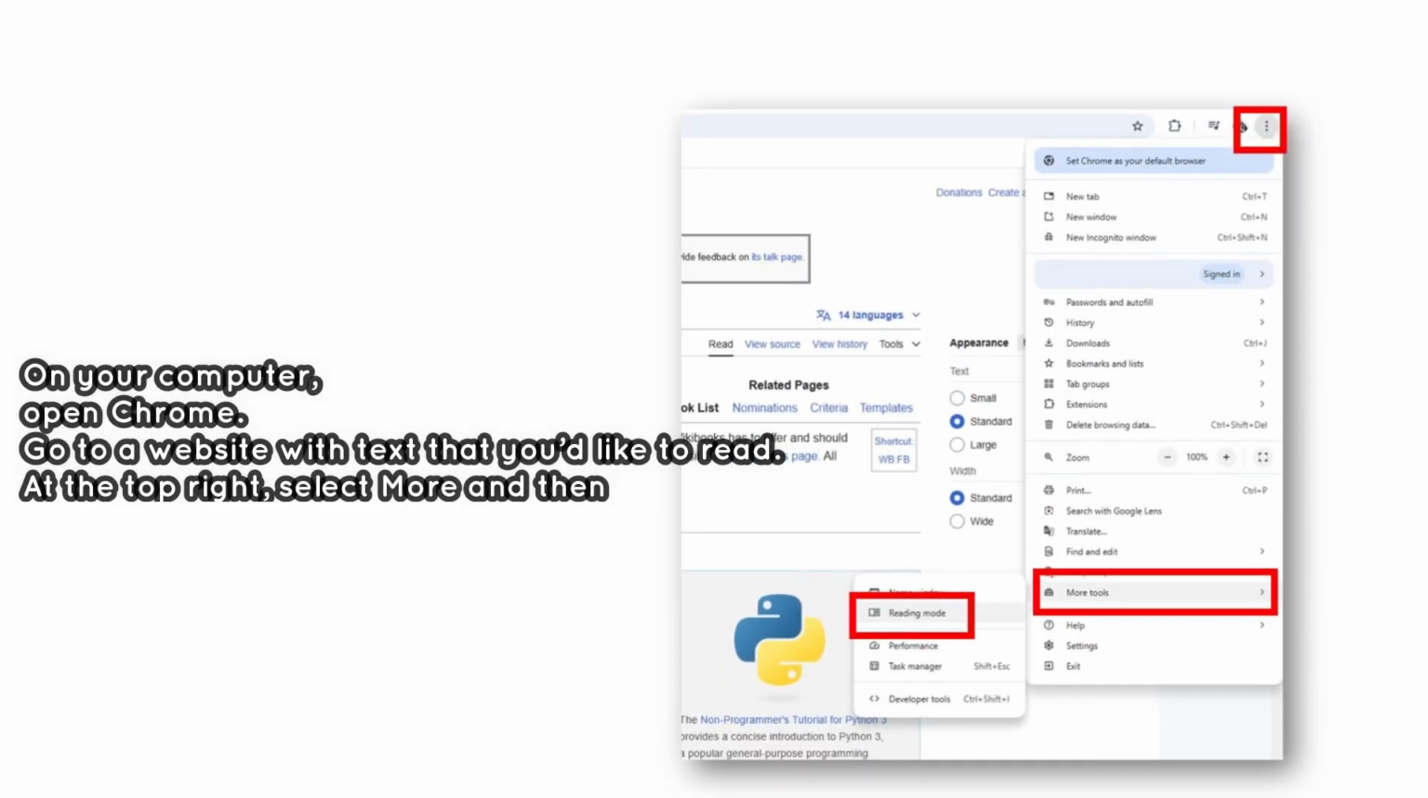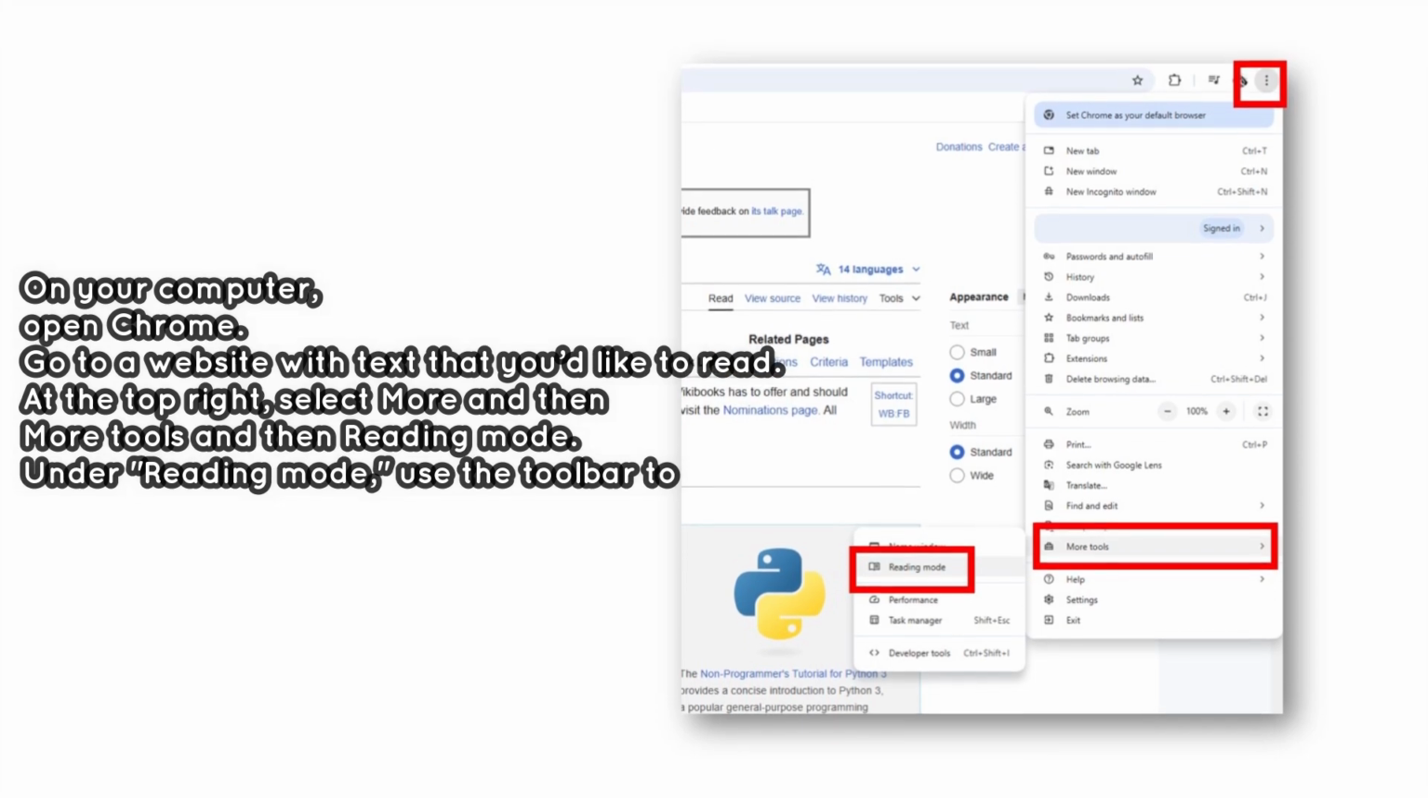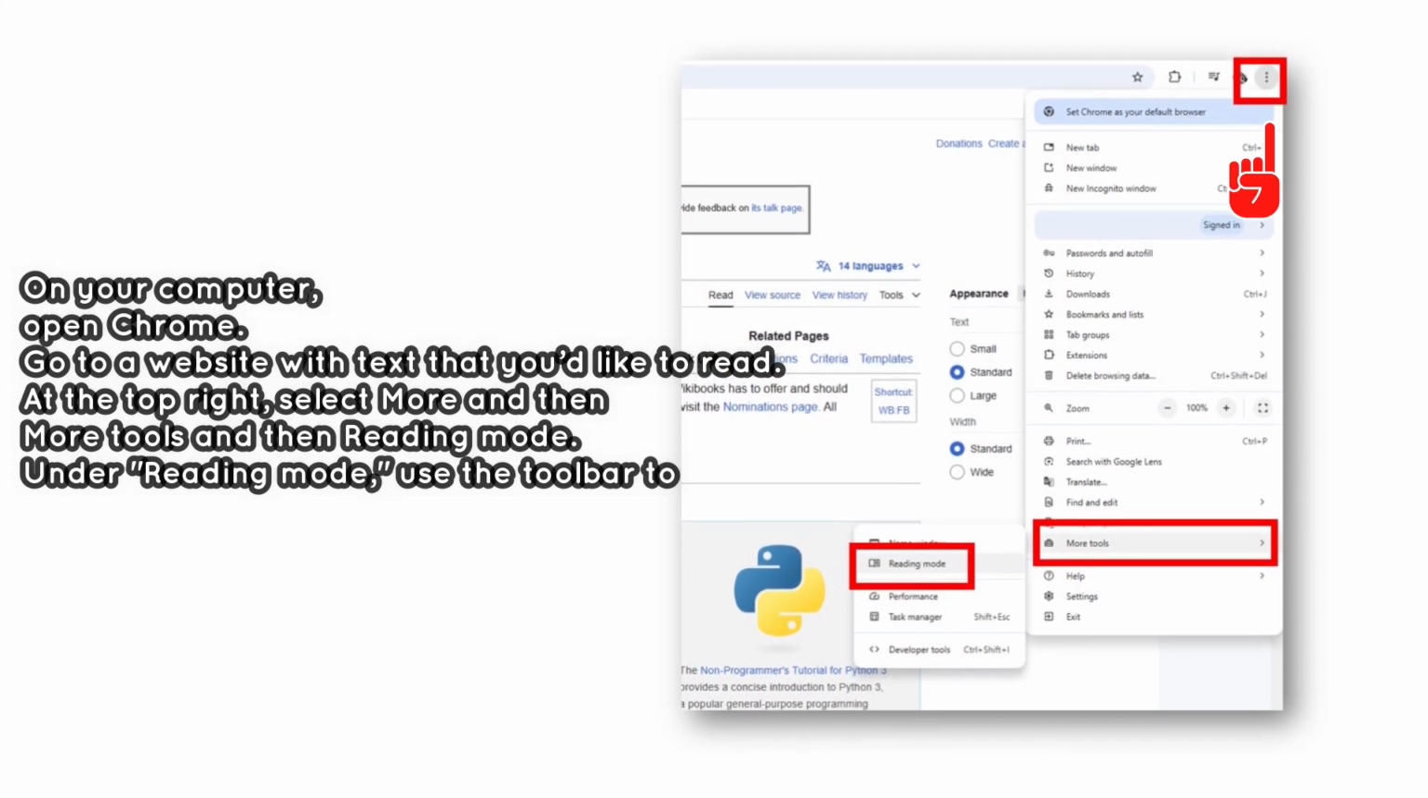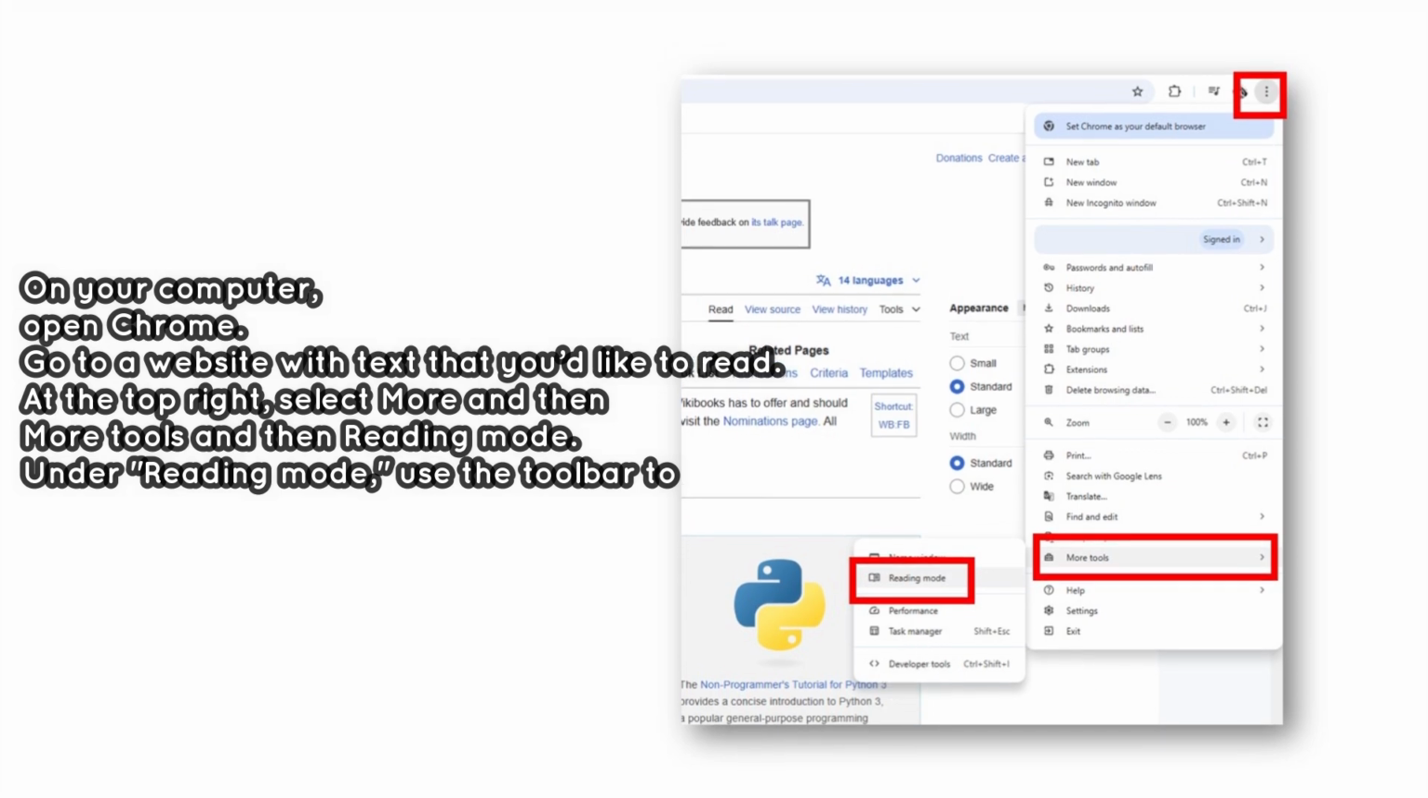On your computer, open Chrome. Go to a website with text that you'd like to read. At the top right, select More and then More Tools and then Reading Mode. Under Reading Mode, use the toolbar to